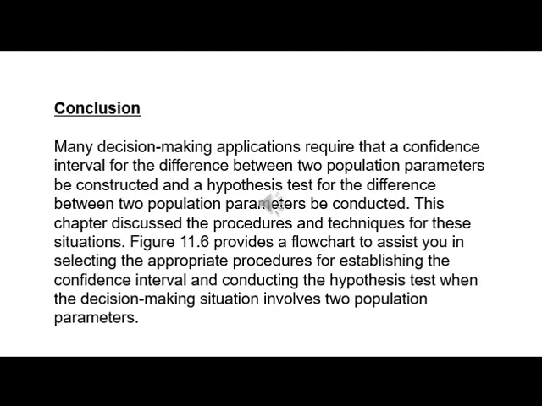Conclusion. Many decision-making applications require that a confidence interval for the difference between two population parameters be constructed and a hypothesis test for the difference between two population parameters be conducted. This chapter discussed the procedures and techniques for these situations. Figure 11.6 provides a flowchart to assist you in selecting the appropriate procedures for establishing the confidence interval and conducting the hypothesis test when the decision-making situation